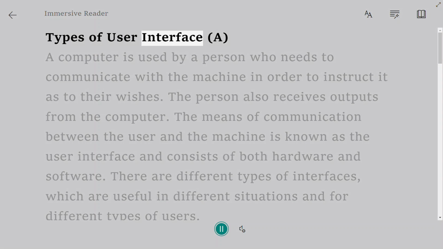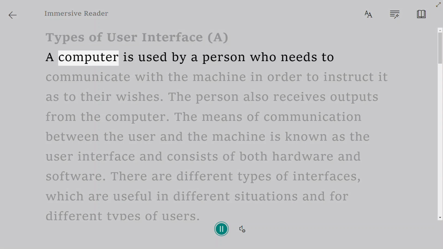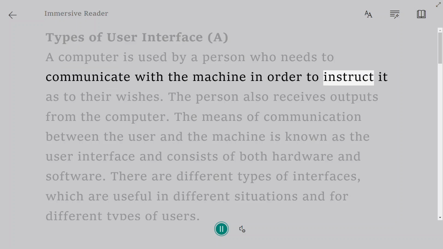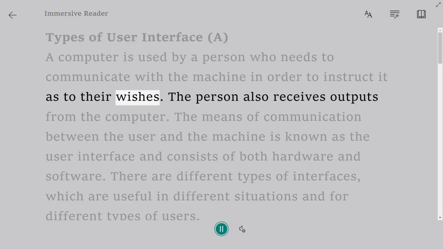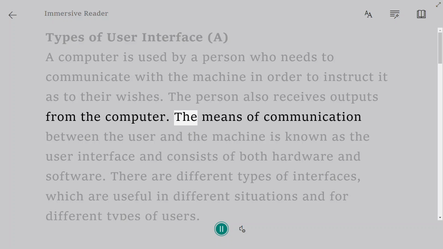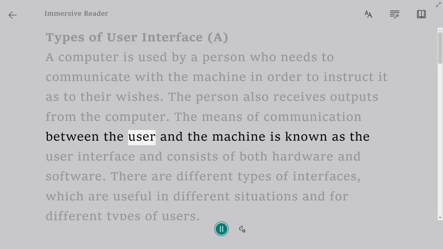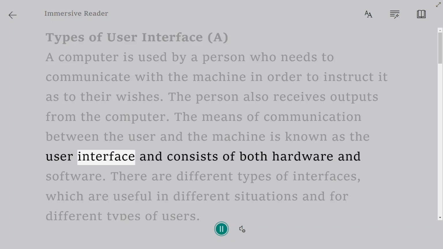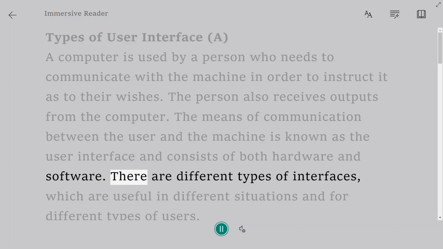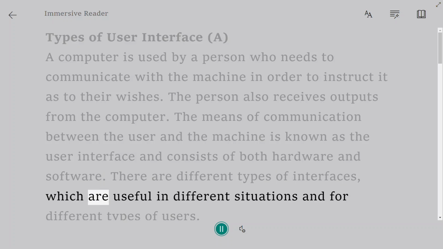Types of user interface. A computer is used by a person who needs to communicate with the machine in order to instruct it as to their wishes. The person also receives outputs from the computer. The means of communication between the user and the machine is known as the user interface and consists of both hardware and software. There are different types of interfaces, which are useful in different situations and for different types of